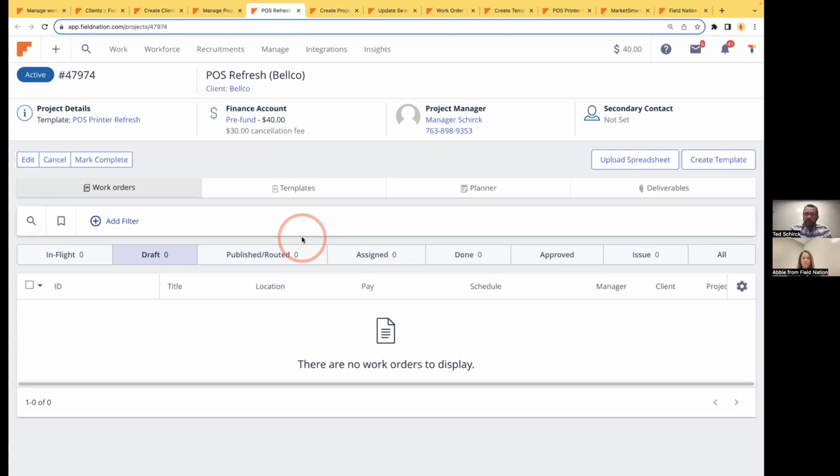You have your own flight board for all of the work orders associated with this given project. So again, you can effectively manage those work orders. Now that we've created the project, the next step is, of course, creating the template. Well, before we create the template, we talked about the selection rule,